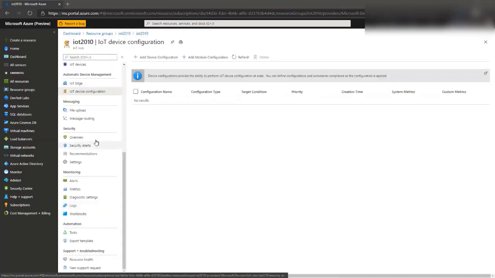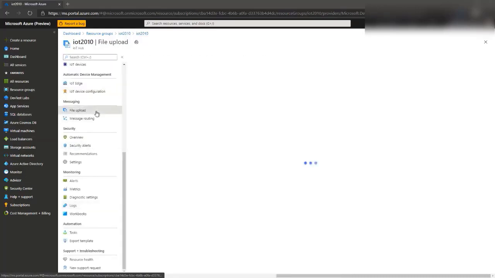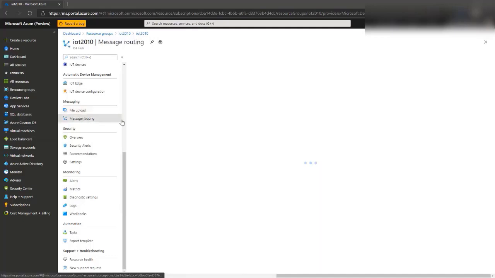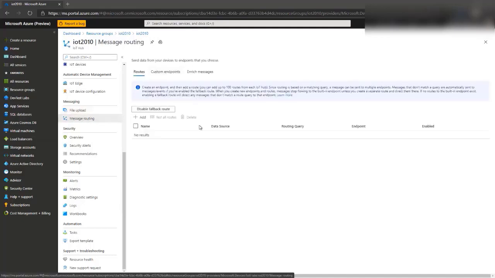Then we have something like file upload. Where is it going to upload the data? Or message routing. Message routing is more like how it's going to route all the messages that it's receiving, all the events. So right now, by default,